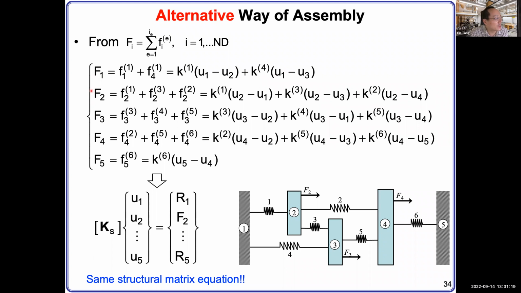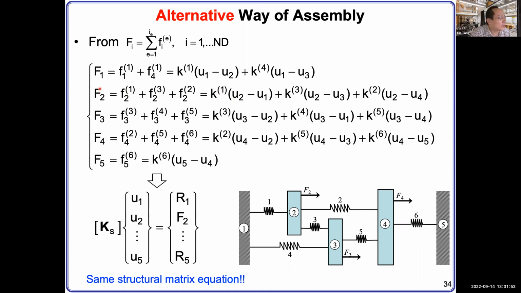For force number 2, which is here, we already know force number 2 should equal the sum of the three forces generated by the springs, right? So we can write F2 equal to F21 plus F23 plus F22, because those are three different springs connected to node number 2. Then you can also write it as K1 (U2 minus U1) plus K3 (U2 minus U3) plus K2 (U2 minus U4). Remember, all of them start with U2 because we are dealing with node 2. Okay, so you can write it this way.